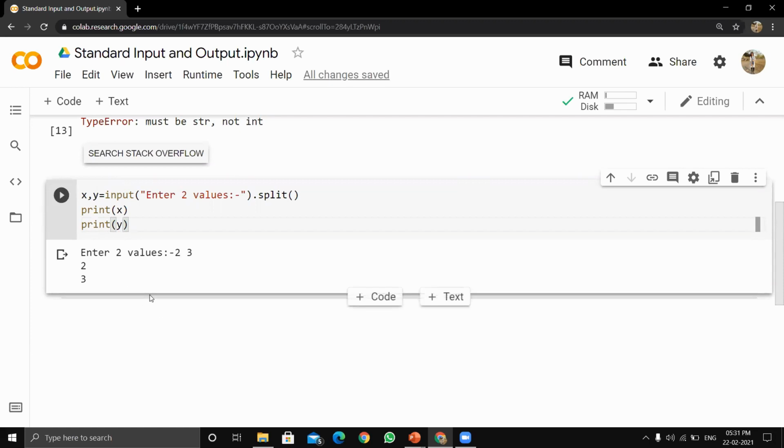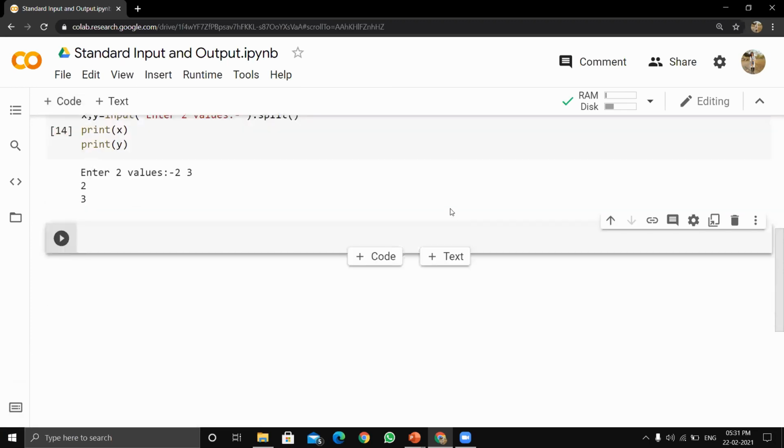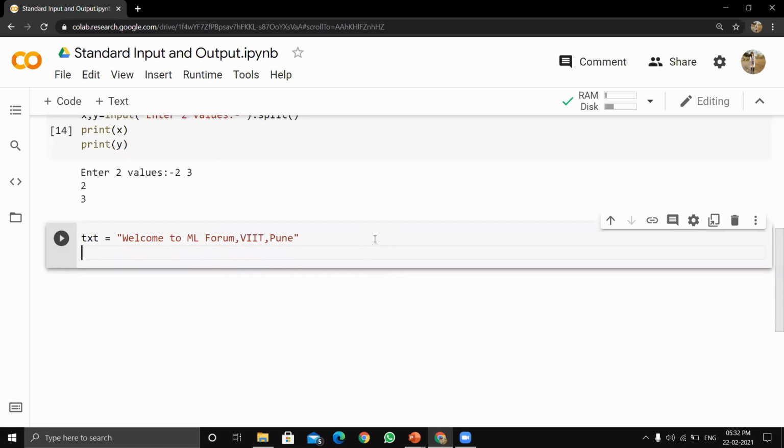So let's see how split function works with arguments. Suppose txt equals to a string, welcome to ML forum, VIIT Pune. Now I will split this string.